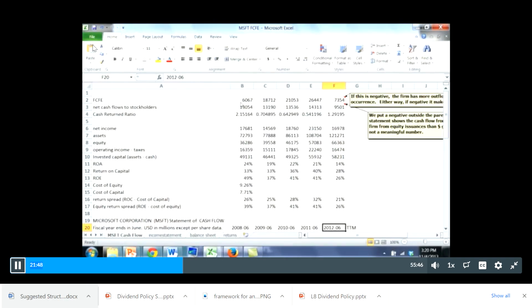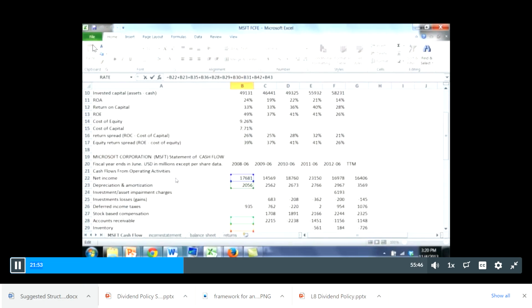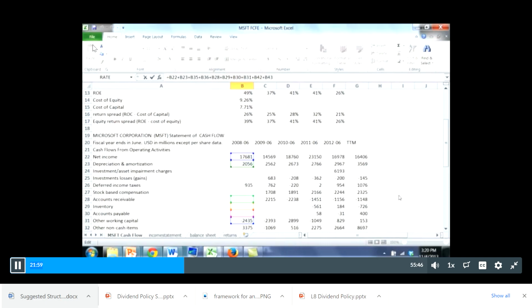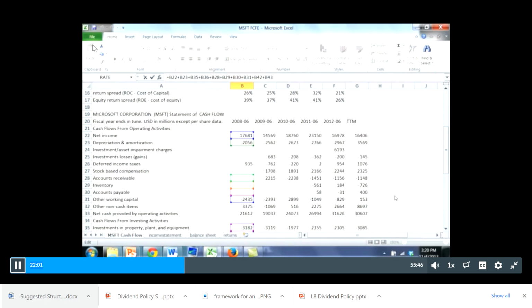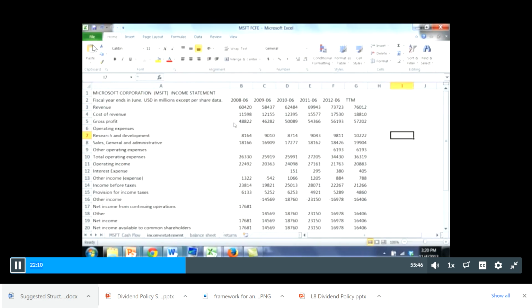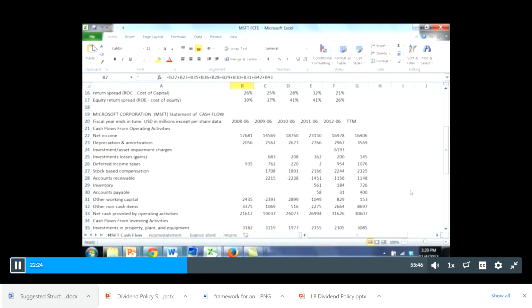We have our data now, and we're going to calculate our free cash flow to equity. So I take my net income. And one thing that's great about the cash flow statement is that it's entered as cash flows. Positive numbers are cash flows into the firm, negative numbers are cash flows out of the firm, right? If you think about the typical income statement, everything's just entered as an absolute value number, and we're supposed to know that the cost of revenue, for example, is an expense, so that will be subtracted. We don't have to know anything about that when we're looking at the cash flow statement. They do the work for us.